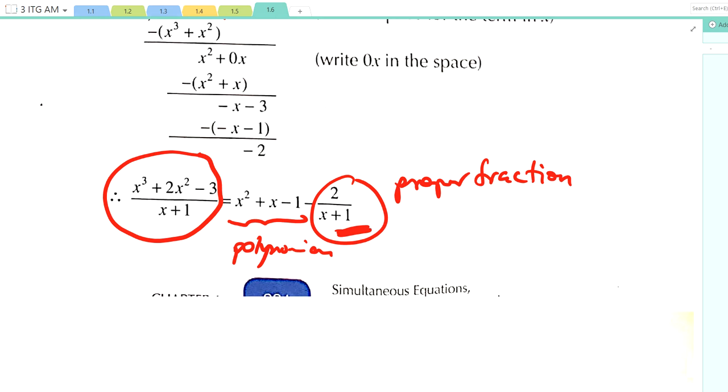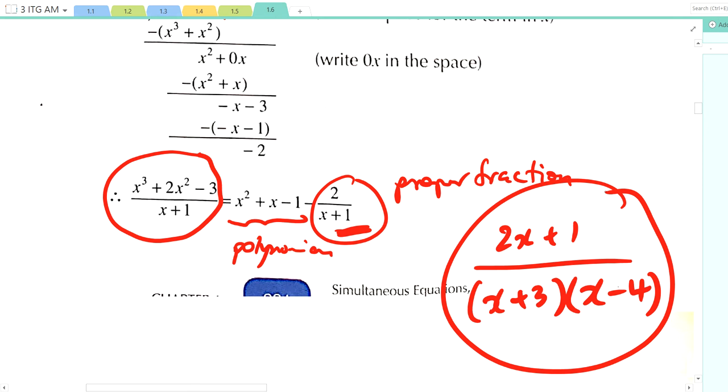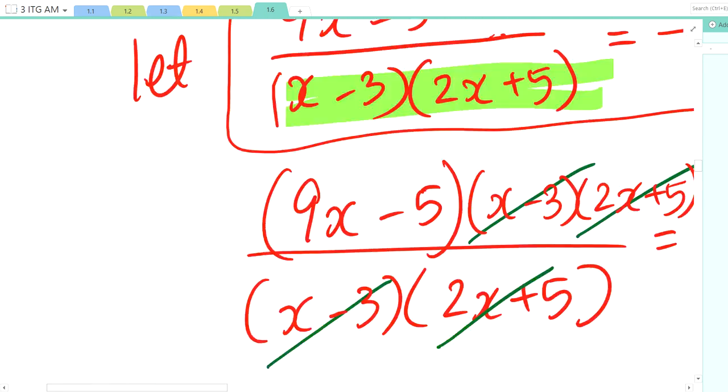But it could be a case where your proper fraction at the end, or rather your remainder, could be something like this: 2x plus 1 over (x plus 3)(x minus 4). Okay, something like that. Then you apply partial fractions on this. That is case number 4. Okay, you're already considering many cases. In our textbook, there are 4 cases. We covered 2. He thought of the last one already. Okay, so let me go into the